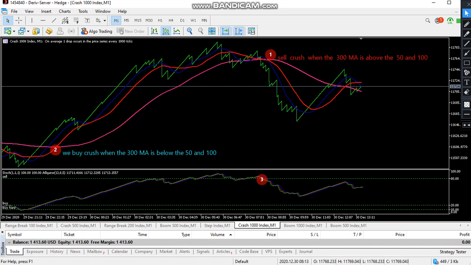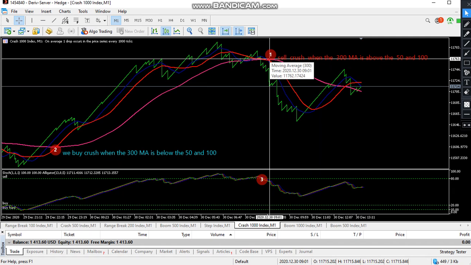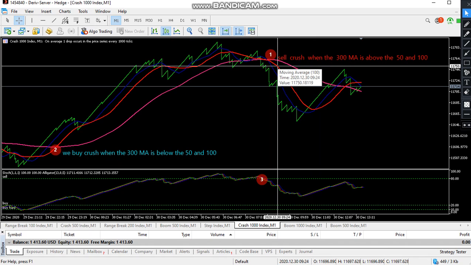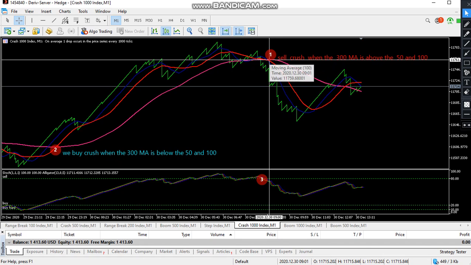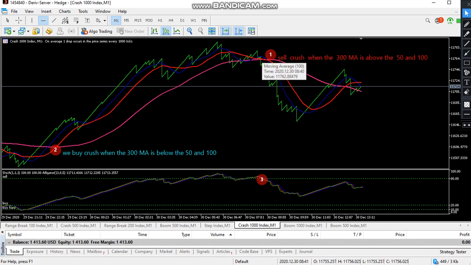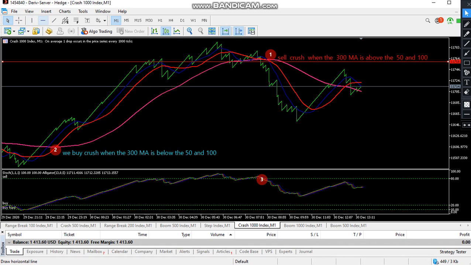In order for you to sell Crash, we said we need something like this. The 300 moving average should be on top of the 100 and then the 50. That's when we sell Crash. So for example, our entry point should be here. That would be our sell point, and then our take profit should be